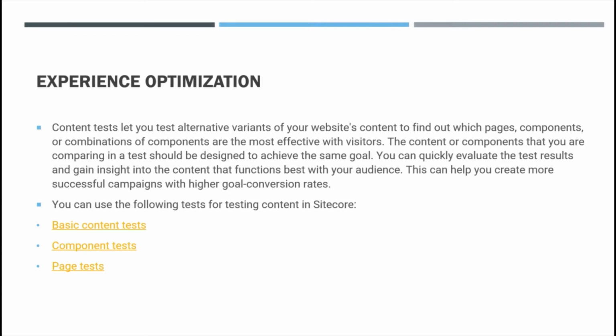That is A/B testing. A/B testing means you are comparing two versions, two pages, or two content components. In deciding which one is the winner, the winner version will be pushed live and used for the website. This is normally a marketer's tool. The marketer will use this tool to decide the live environment online, and which version of the page or components will be liked by the visitors.